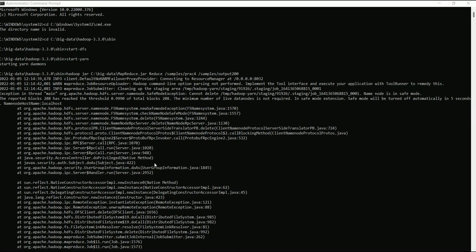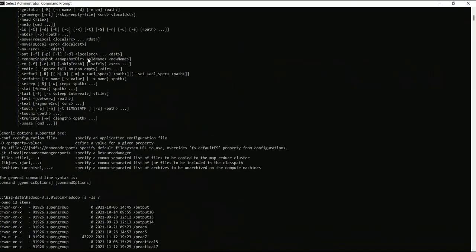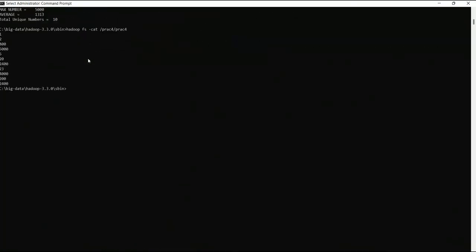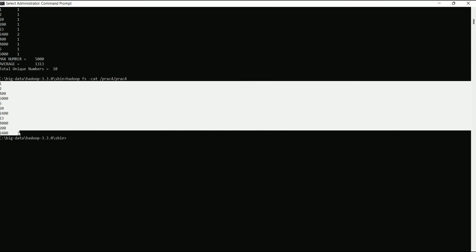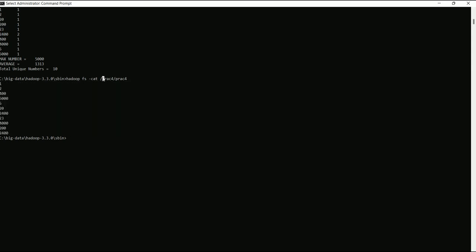You can start your daemons: start DFS and start YARN. After that, you need to create a text file and put numbers like this. So I have created the file and uploaded it to a folder in Hadoop, a prac4 folder, with the file name prac4.